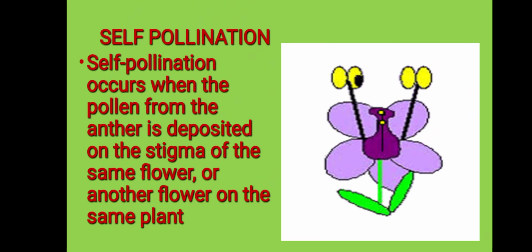So let us understand the first type, self-pollination. Self-pollination occurs when the pollen from the anther is deposited on the stigma of the same flower or another flower on the same plant. The transfer of pollen grains from the anther to the stigma of the same flower is